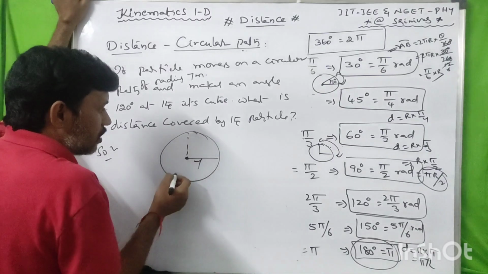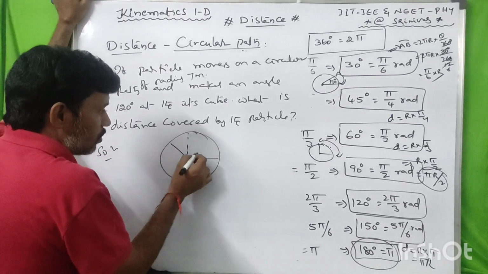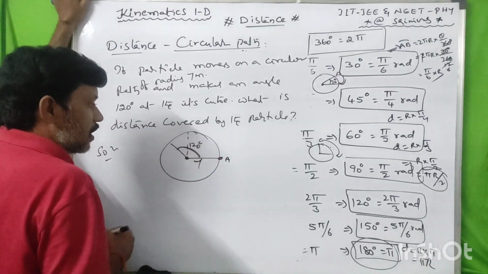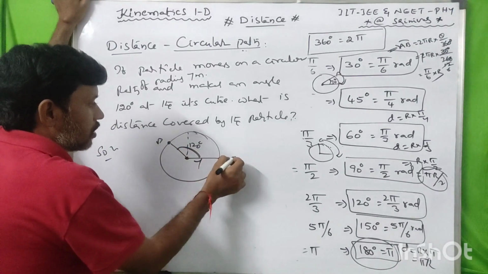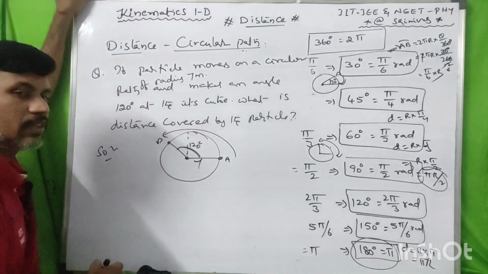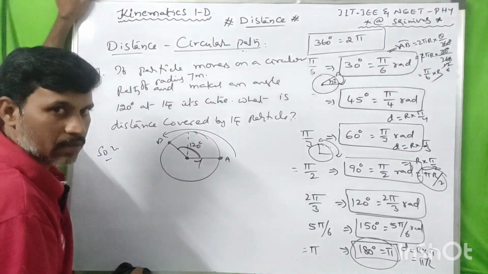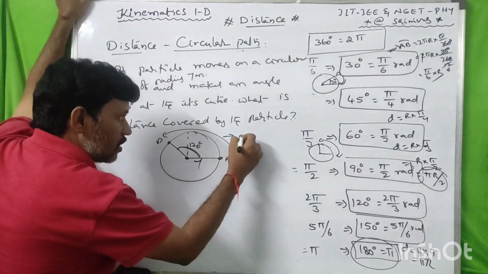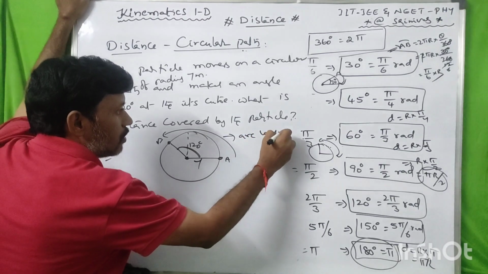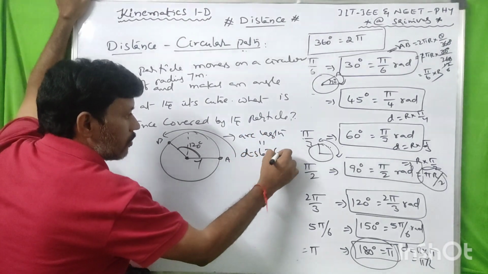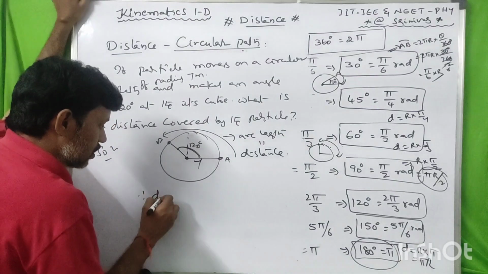So 120 degrees means, if it is the point A and it is the point B, the particle starts from A to B and covers 120 degrees. Now we need to find this arc length. That arc length is equal to the distance traveled by the particle. Therefore distance is equal to